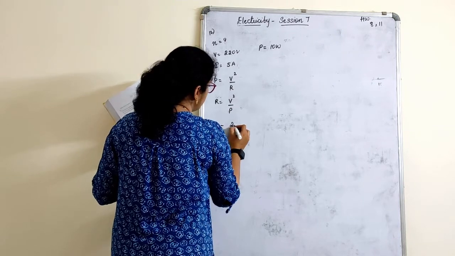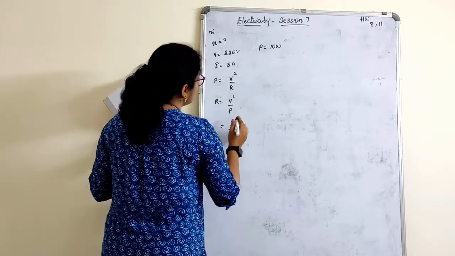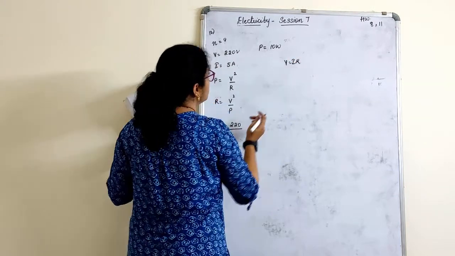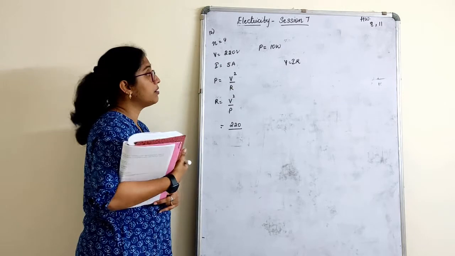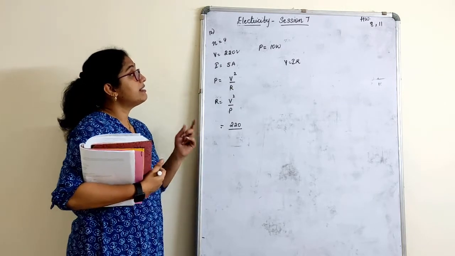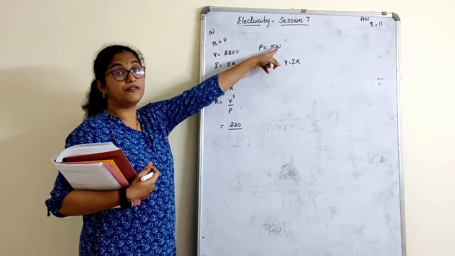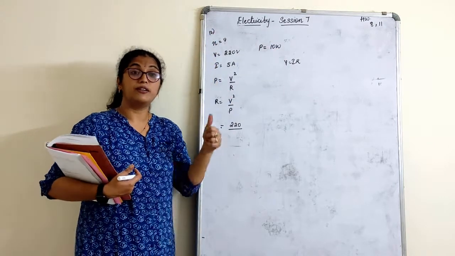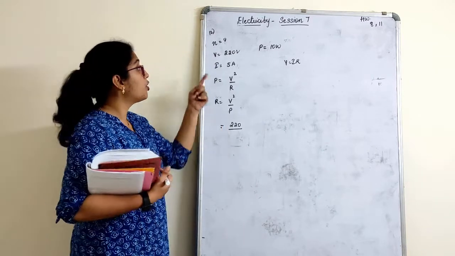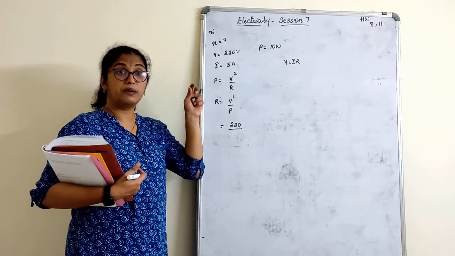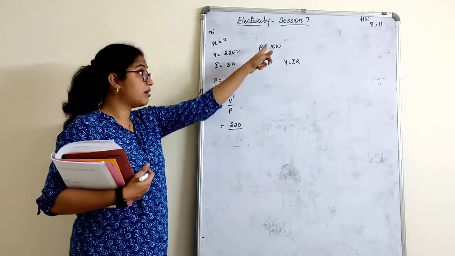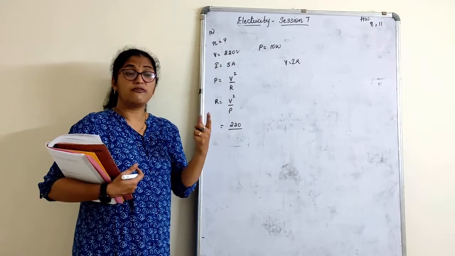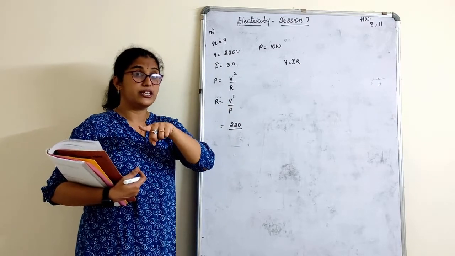With this, we can find the resistance. So, R is equal to V square by P. So, V is 220. See, why can't we do it like this, children? V is equal to IR. We can't do this because we want to know how many resistors are to be connected. That resistance is drawing a power of 10 watt. So, that means using power, for that particular power, we need to find the resistance, not only with respect to voltage and current. For a particular power, for how many watts, what is the resistance? Because if I change the power, the resistance also will change accordingly.